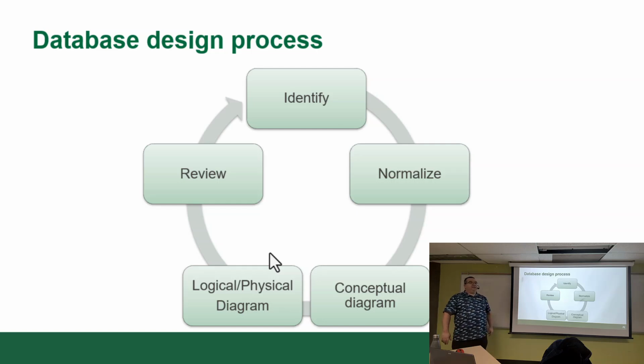Step one, you identify the data. Step two, potentially normalize. You do a conceptual diagram, do a physical diagram, you do a review. After that, you may identify things that are missing, and you do it again. At this point, you're probably implementing somewhere here to here. Mind you, I don't have this on the slide because